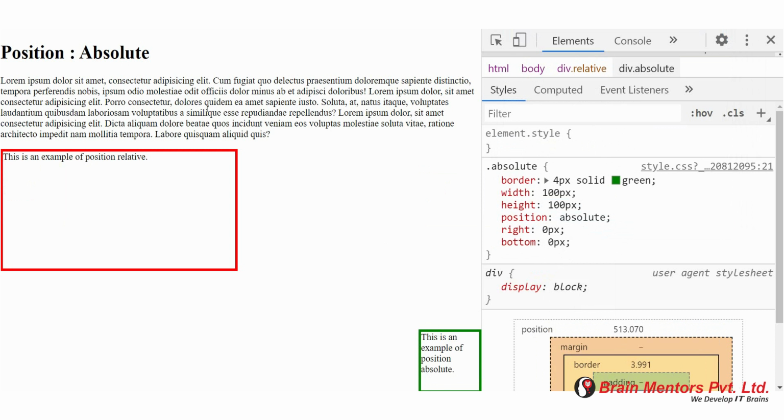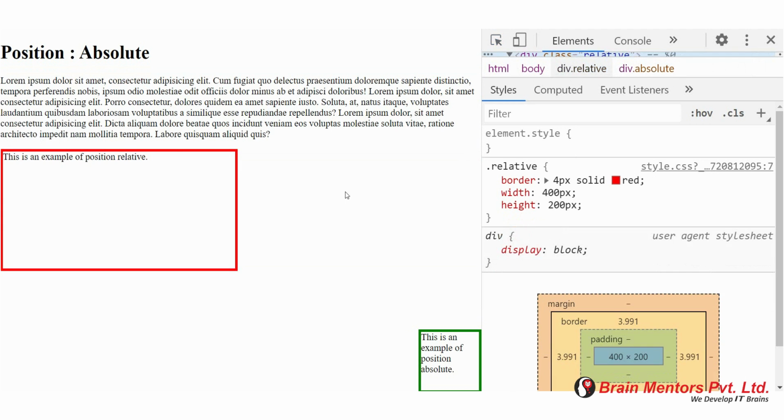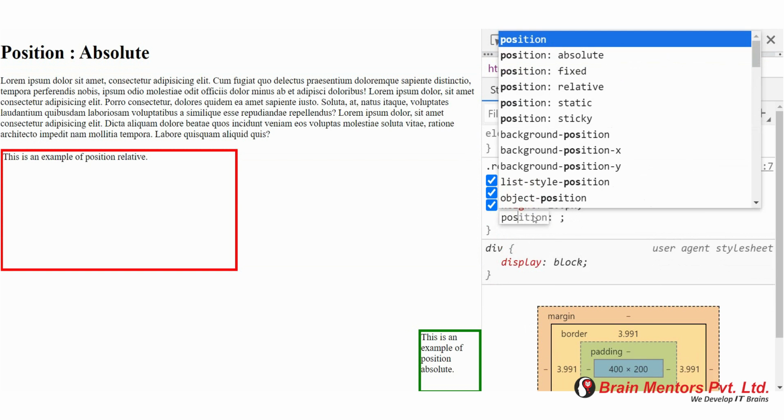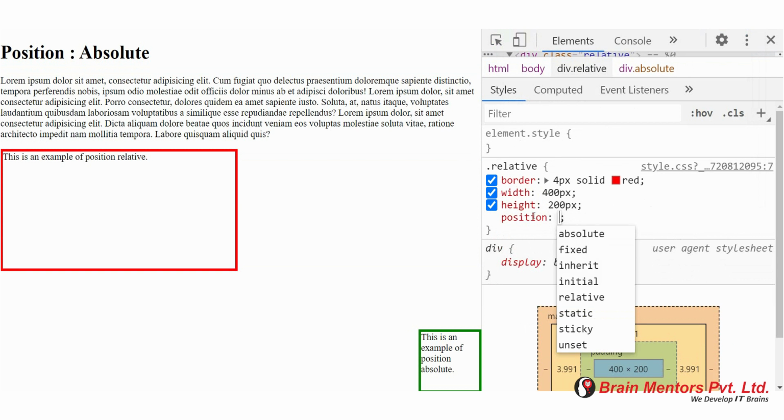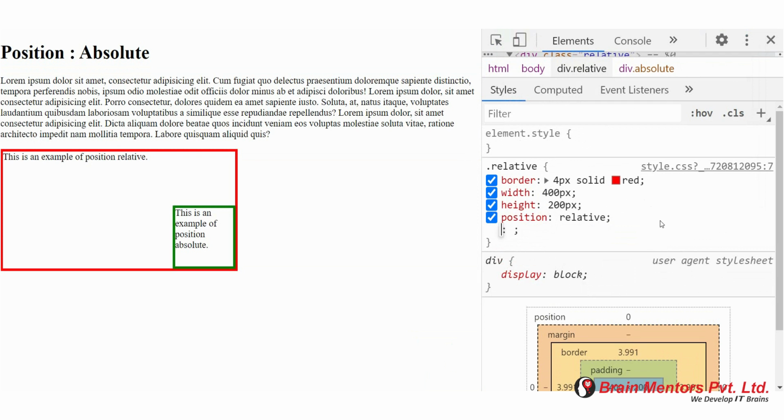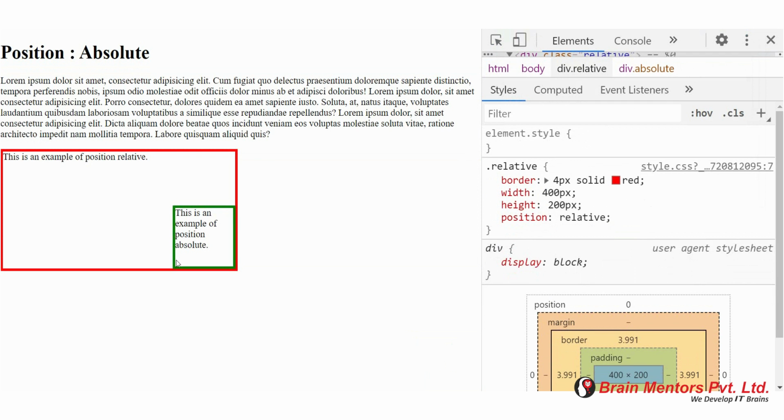As you can see, this green highlighted box is positioned relative to its nearest positioned parent, which means now it is positioned relative to the document, because a position absolute element is positioned relative to its nearest positioned parent. But we want it to be positioned relative to this red highlighted box. So for this we have to specify position relative to this red highlighted box.